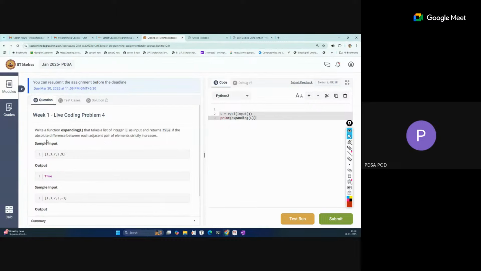Okay, write a function expanding L that takes a list of integers L as input and returns true if the absolute difference between each adjacent pair of elements strictly increases. Okay, absolute difference we are saying. So that means for this question,